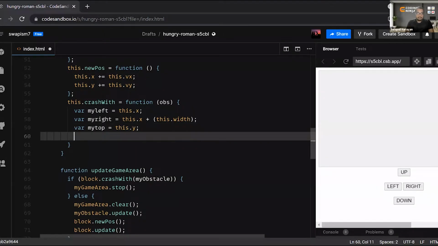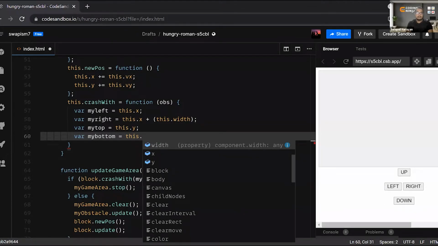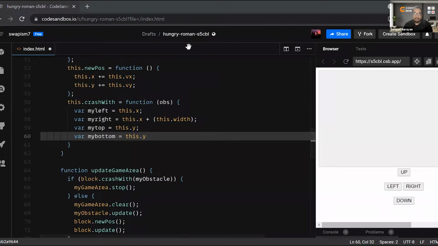Can anyone tell me what will be my bottom? What will be the bound for the bottom? The bottom bound would be nothing but this dot y plus what? This dot y plus block height.